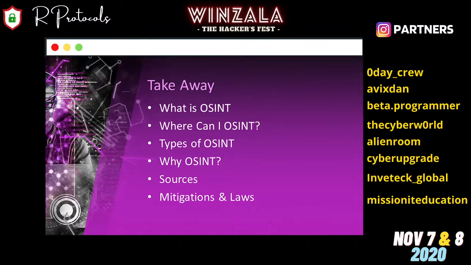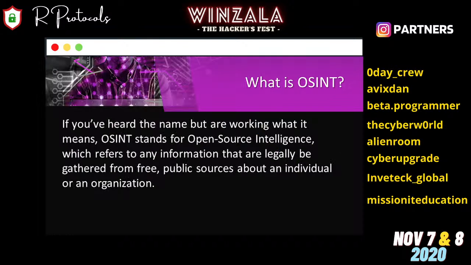We are also going to see the mitigations, which are basically the solutions for crimes happening in the field of cybersecurity, as well as what the laws for it are. And we can move into the topic.